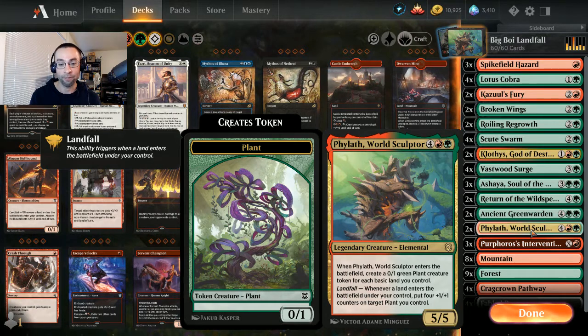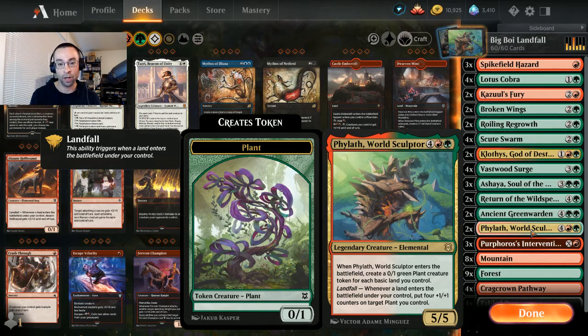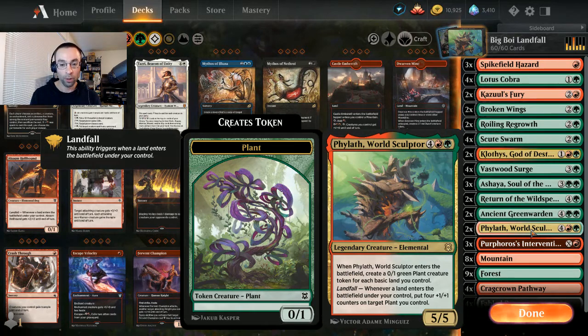Phylath, of course, 6 mana 5/5. It makes a 0/1 plant creature token for each basic land you control. And since we're in 2 colors, we should have a fair number of basics, 3 or 4 at a minimum in most situations. And then every time a land enters, you get to put 4 +1/+1 counters on target plant